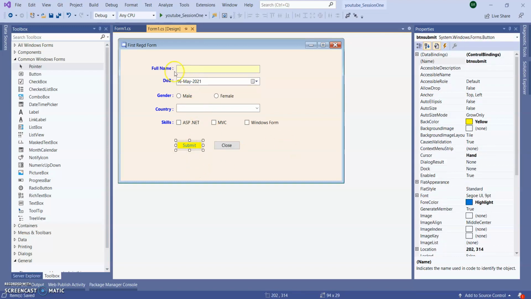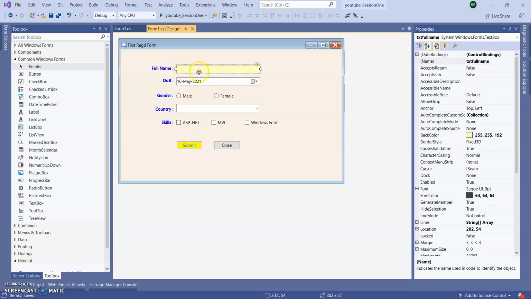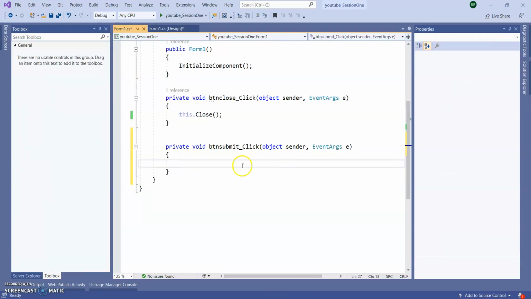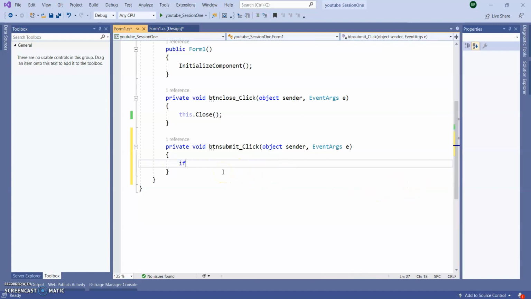To show the validation, let's say while submitting the form, if the user misses the text box value, it will show a message box. So how can we do this? Same as the close button, just double click on the submit button to get the code behind, or click event. Here we can give if txt full name dot text.